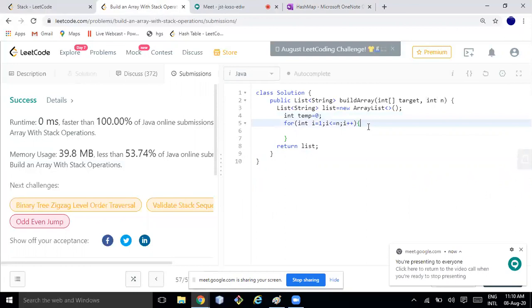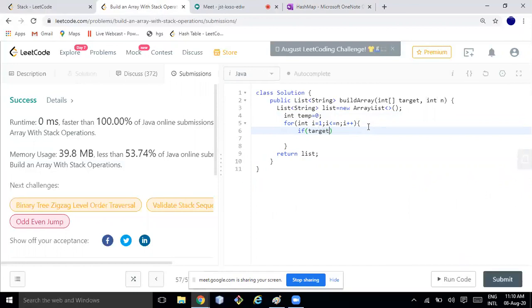Very simple. First, I'm just writing if target of temp is equal to i, then we just need to list dot add push.